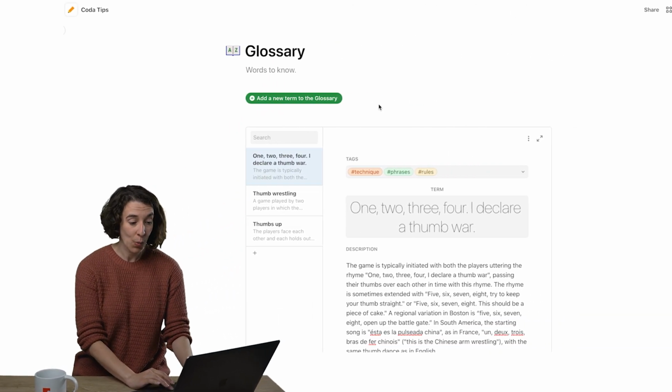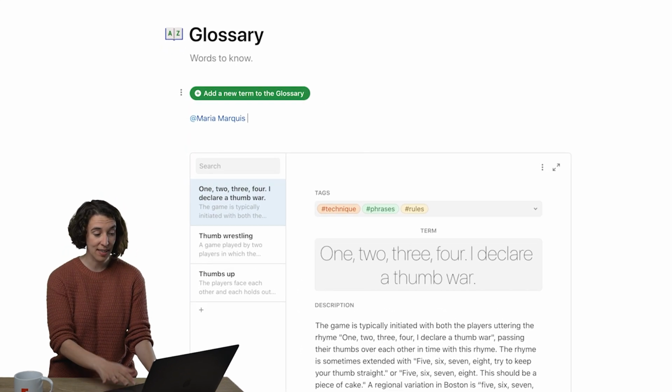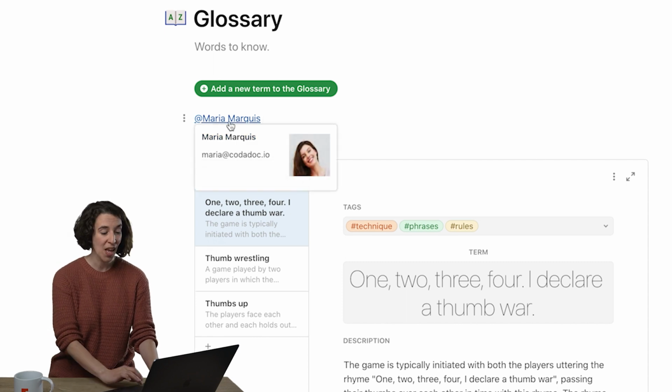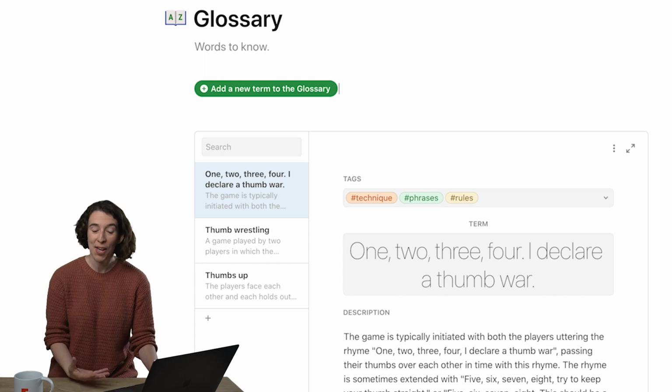This Coda tip is great for those of you who are using Coda as a wiki. When we're in Coda, we can always @mention people, like @Maria, and they get notified, and then we can hover over it and see all of the information about that person. But we can also do the same thing for any of our rows,